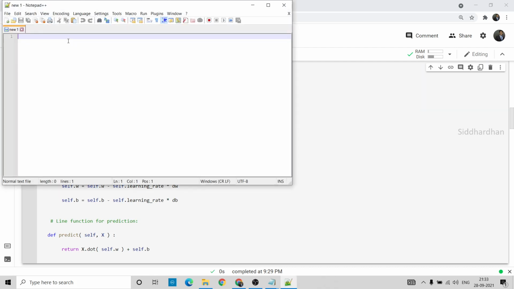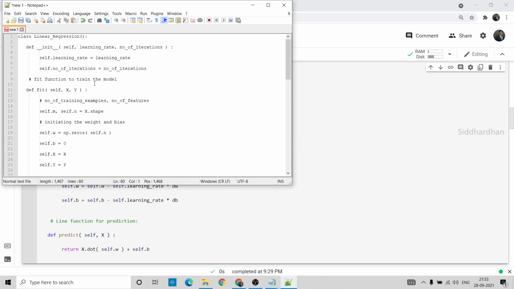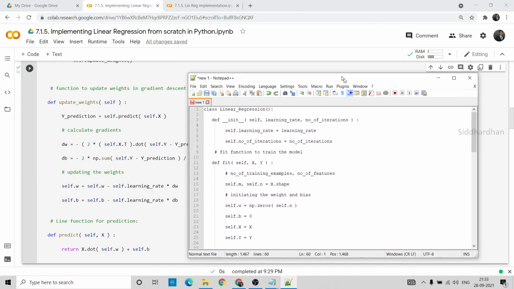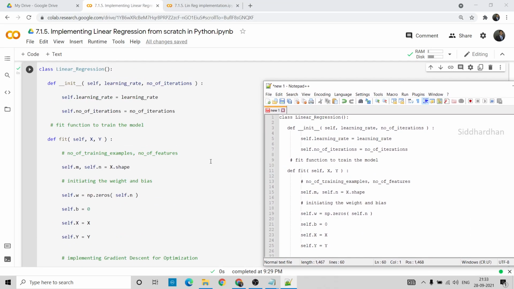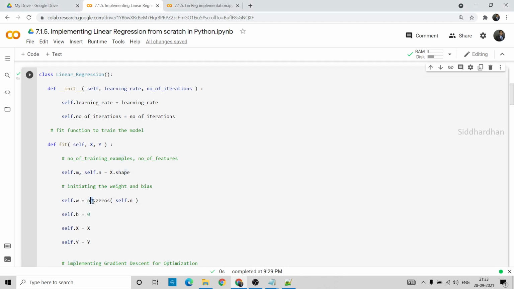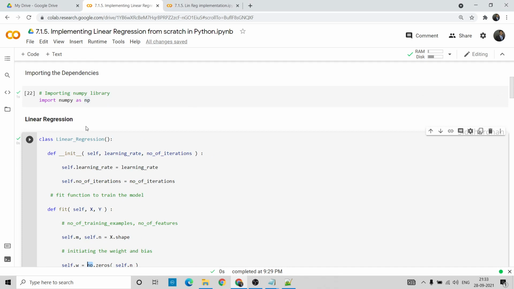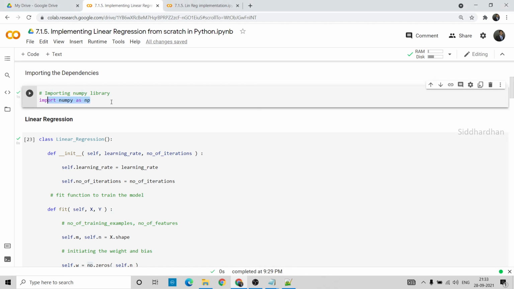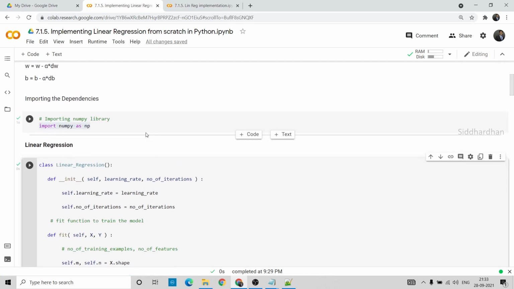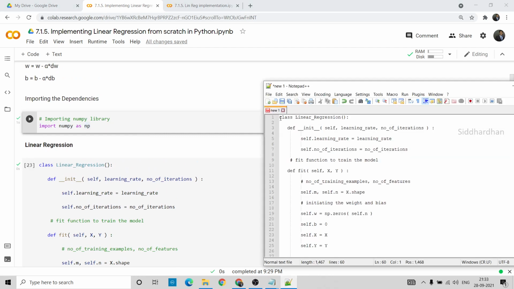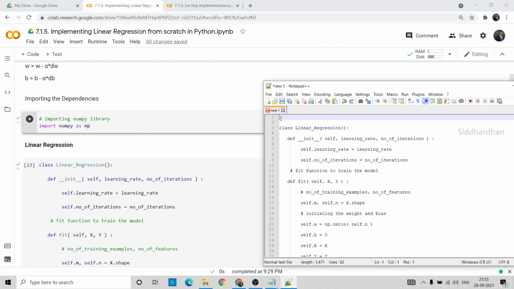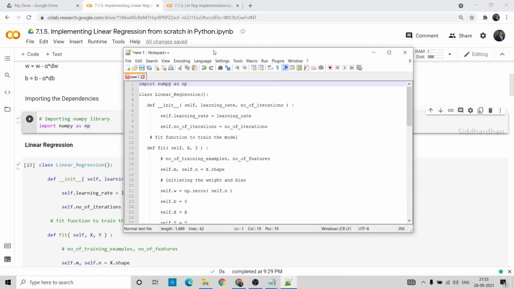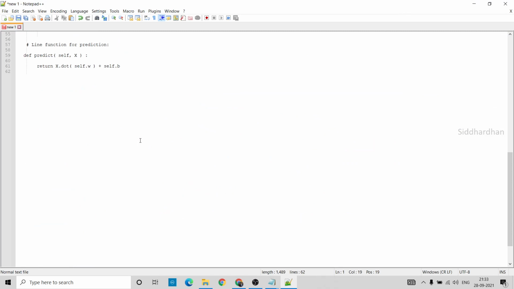So I just open this, and now I'm going to paste all the linear regression code that I have. Okay, and now we also need one more thing here. In this linear regression, we have used this np, right? So np is nothing but our NumPy library, but we have imported this NumPy library separately. So if you just see this, this doesn't contain the NumPy library, right? So we need to include this line as well. So I'll just copy this line also, as we are using the NumPy library in this linear regression class. Okay, so you need to include this at the start. So at the start, let's include import numpy as np, and then the linear regression, the same thing that we have built in our